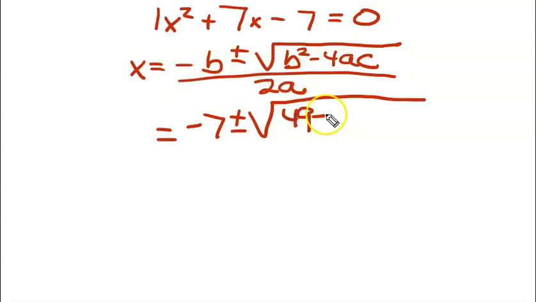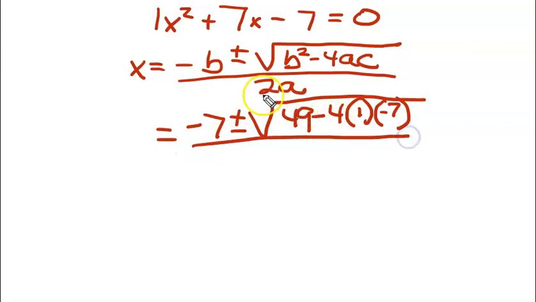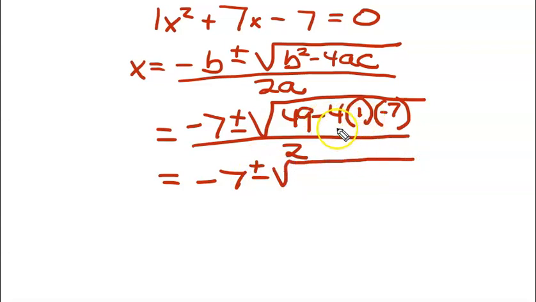minus 4 in the formula. Put this in parentheses. A is 1. C is a -7. And that's all over 2 times 1 is 2. So we start to simplify. -7 plus or minus. Now this becomes a positive 28. So 49 plus 28 is 77